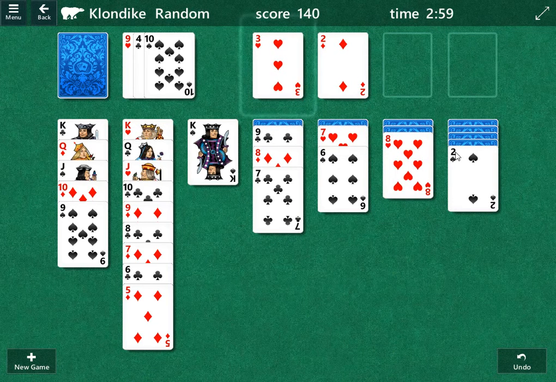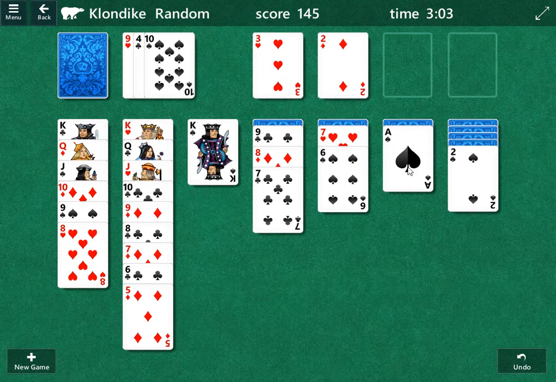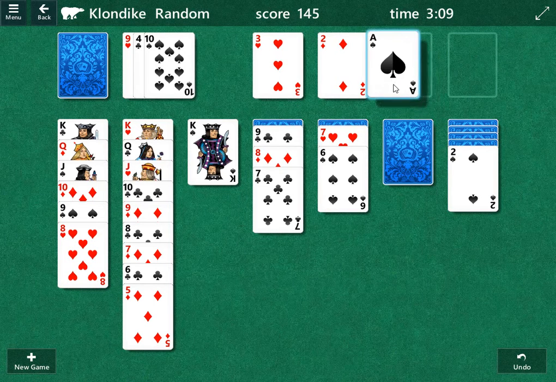Both of these may not be great options. We'll see how this goes. Oh, we can move this 8 here. Hey, that is a very good option. Moving the 3 of hearts up was a really good option because if you see there's an ace of spades...